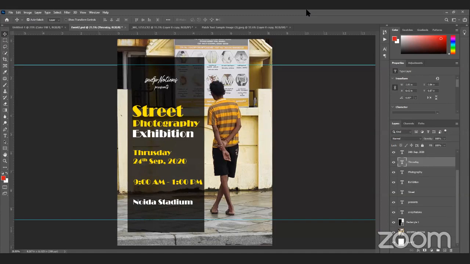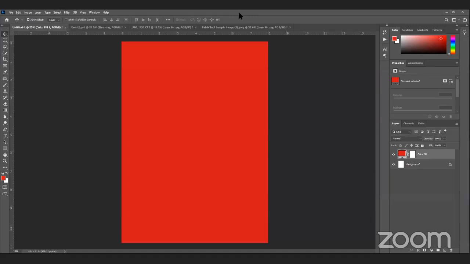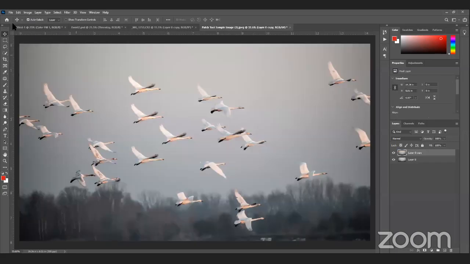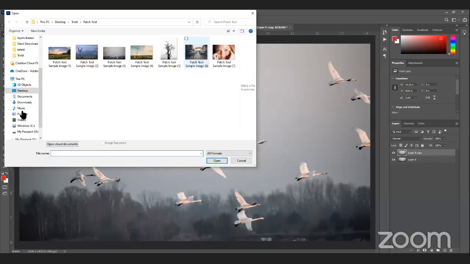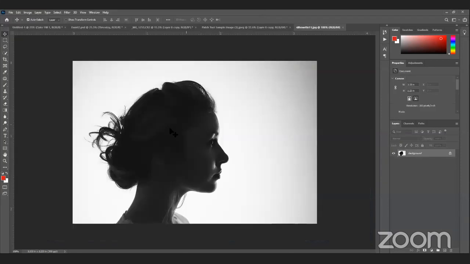Sure. Then we have Mr. Ayush, who's asking if you could explain layer masking a bit as well. Layer masking, I left it because it is a very lengthy topic, but if you would like to have it right now, I can give it to you in 2 minutes. I can just tell you how it works, and then try and use your creativity to find it out.